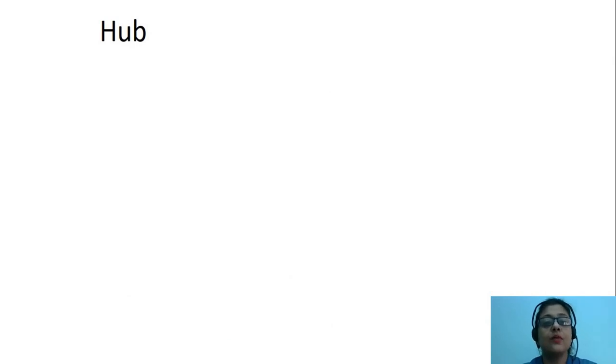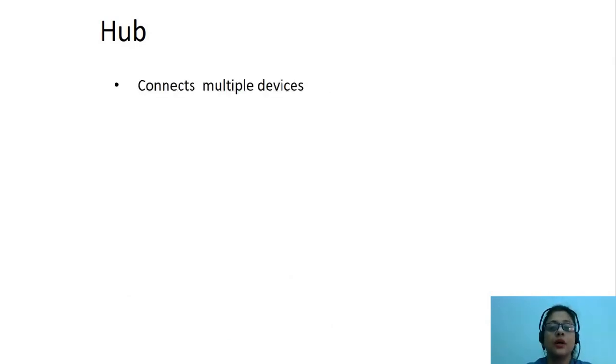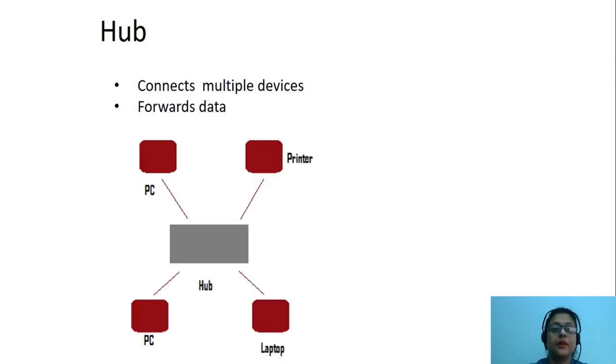Let us understand what a hub is all about. A hub is also a physical layer device and it connects multiple devices and it forwards the data. We can say that this hub is a multi-port repeater. This is an example of a hub. You can see here, this hub is basically a repeater